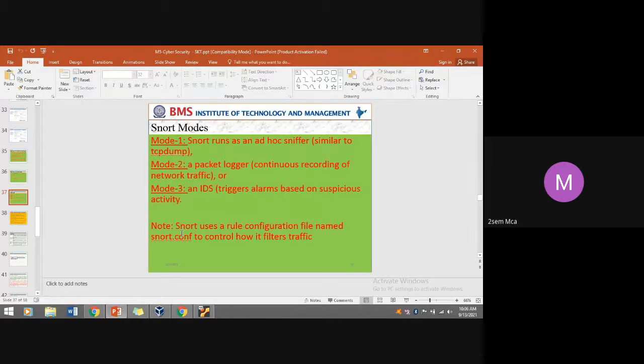The main configuration file that comes with Snort is snort.conf. Now, as we said, a firewall needs to have rules set. Similarly, Snort is a similar kind of tool, an extension of a firewall. You can think of it that way. It also has a set of rules that need to be defined before implementing it into your organizational network.